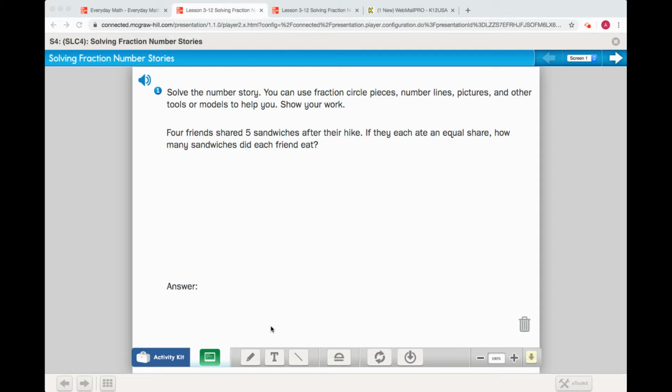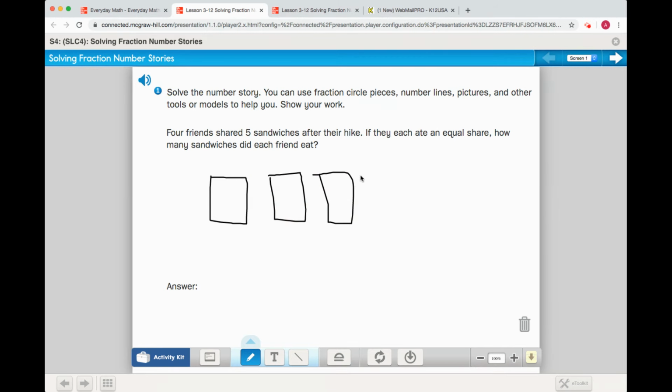Okay. So what you have to think about is, okay, what is being shared? Are the friends being shared, or are the sandwiches being shared? Okay, so 5 sandwiches are being shared. So what you could do is you could draw a picture. Three sandwiches,